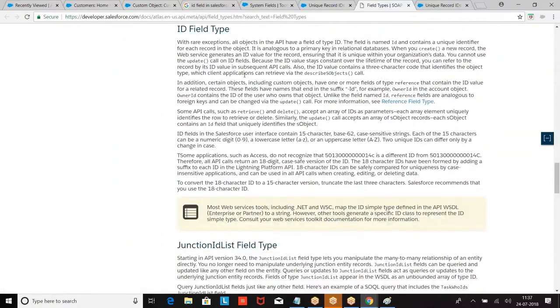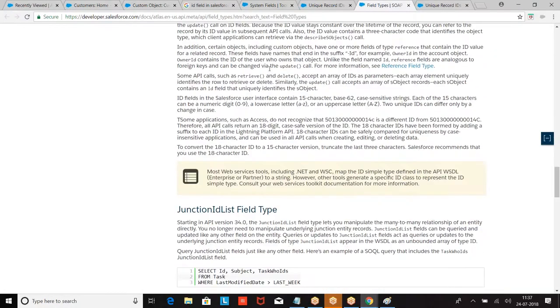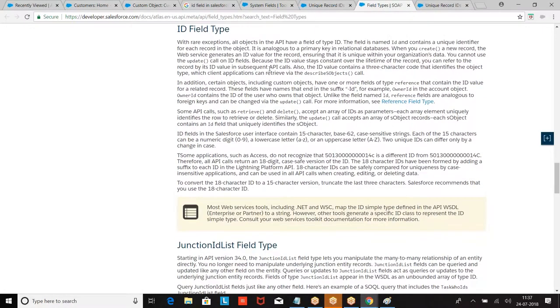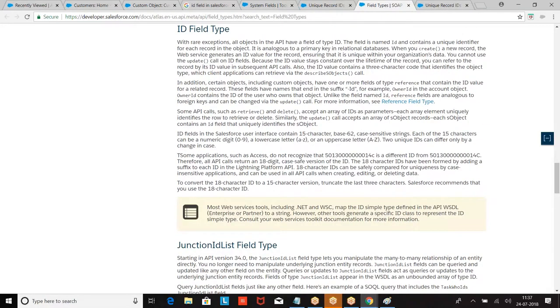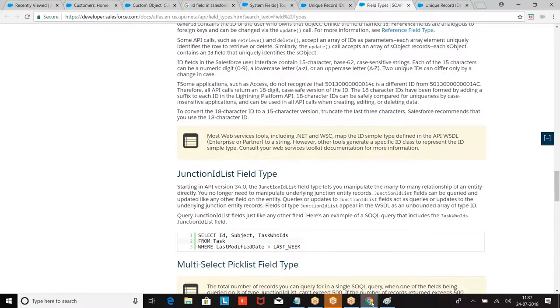Now, in these 15 or 18 characters, the first 3 characters indicate which object this is. The last 4 characters indicate which record it is. Right?